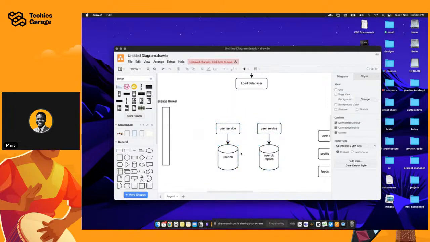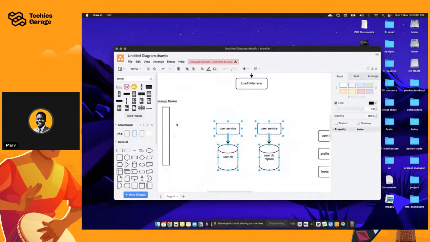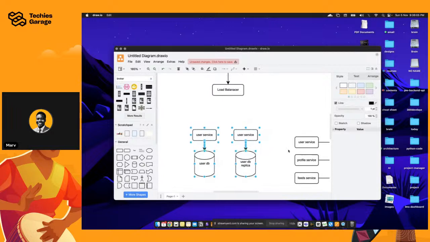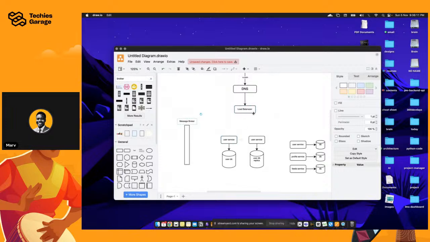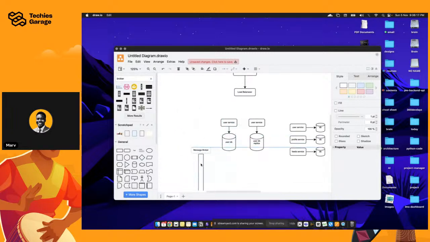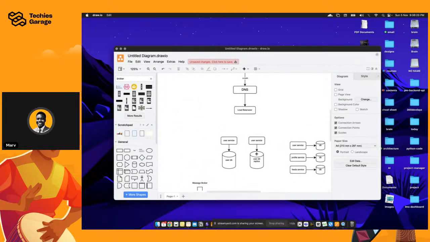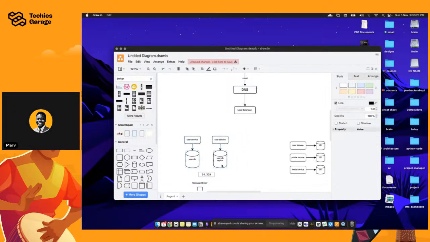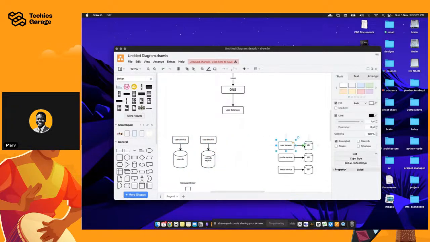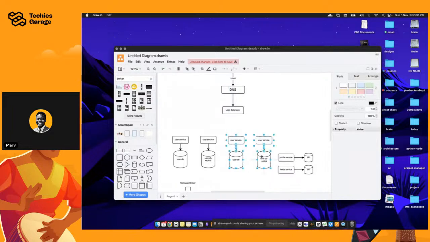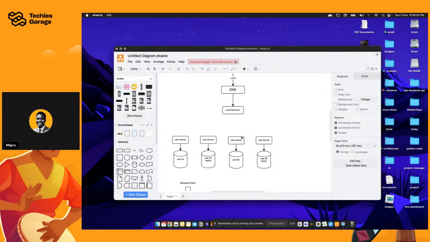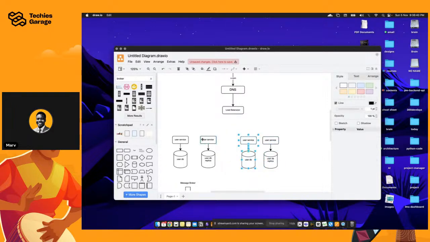All right. So always remember that you have the message broker that can manage the communication across these multiple services. Okay. But when it comes to the entry point, you're not getting in here from the message broker. So we'll come back to the message broker shortly. So now you have this, right? And then you also have the profile service. What I'm going to do is simply duplicate this, right? And I'm also going to do the same thing for the feeds service. But I'm just going to use a container to wrap this properly.